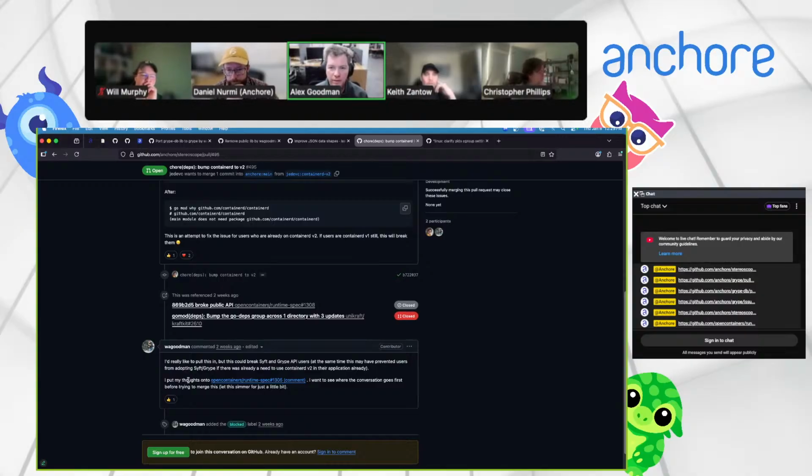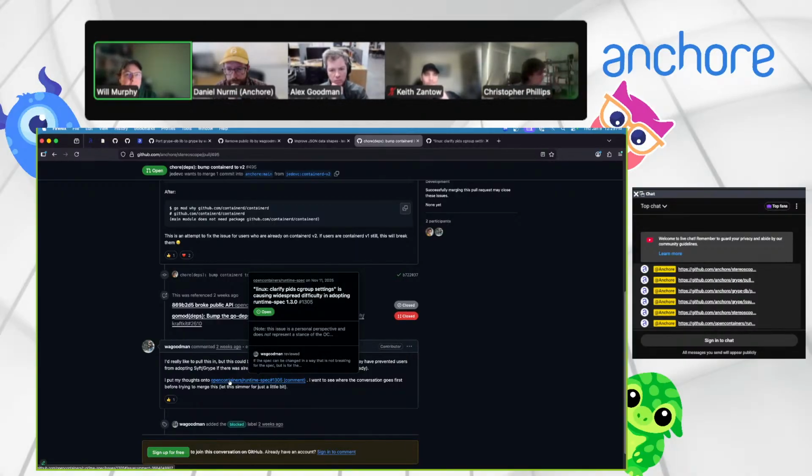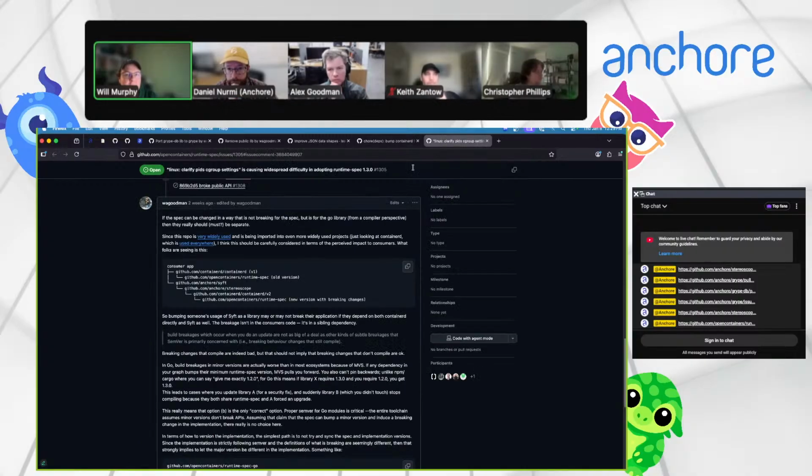But you were saying, Will? I was just sort of lamenting. This is kind of a frustrating decision, because Go has mechanisms for making this sort of change easier to manage if you make a major version, right? But it seems like upstream made a change that won't compile in a minor version, and so